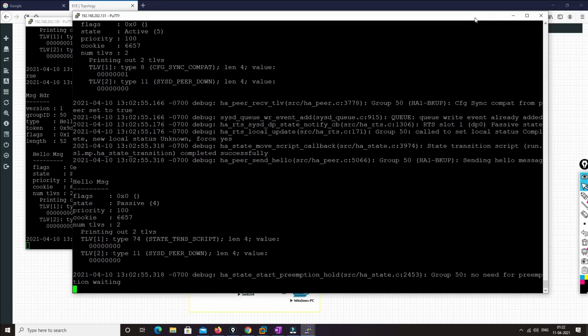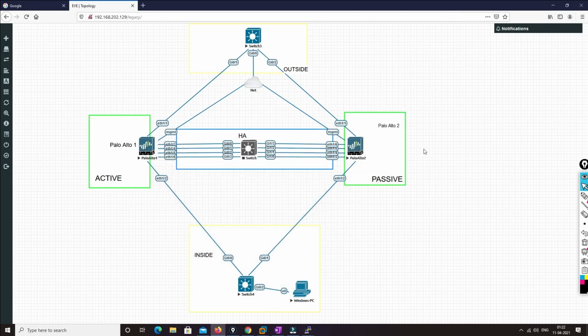You will get a lot of loops in the network. Okay, so Palo Alto suggests that you don't connect through a switch. If possible, connect directly. But in case of link failure, if the cable goes wrong, in that case you can't do anything.